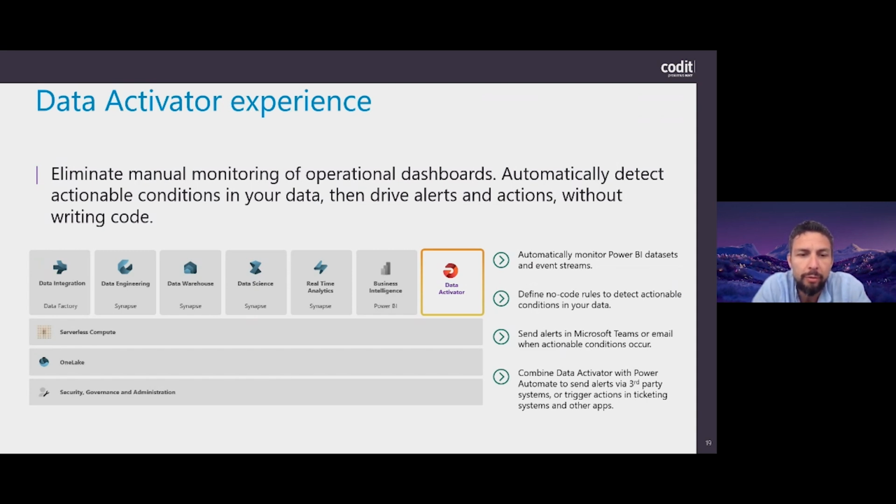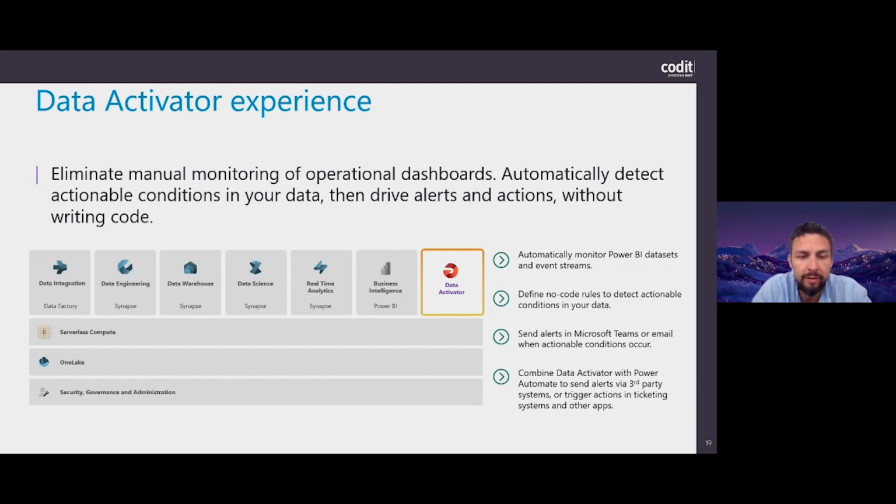For example, if you have a Power BI report where data is coming in, you can set some alerts or triggers that will look at the data, and when, for example, a certain threshold is crossed, or when something is happening in an event stream, or some small business logic that you can evaluate is met, you can then send, for example, an email or a Teams chat message. So you can inform people that maybe they need to go look at the dashboard, or maybe they need to take some other action to look at potential issues within the data. This is all, again, from a very low-code, no-code experience.